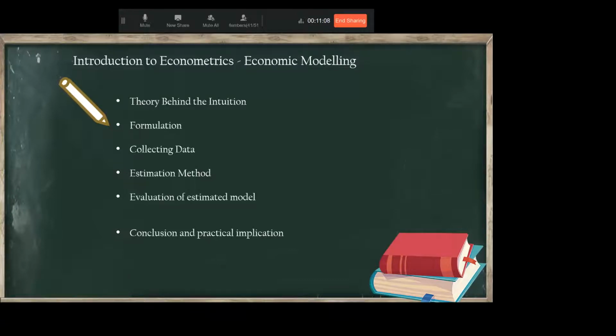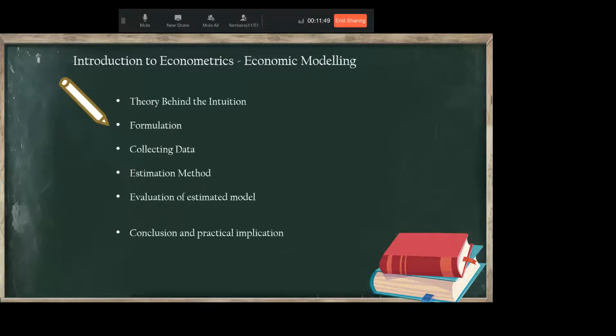So what is modeling? It's not like walking on a ramp. That's also modeling, but here modeling is different. Here modeling means how you get the information, and based on that information, how do you probe, and after probing, how do you identify the problem, and of course then you will go for the solution. So what is the most important thing in modeling is what is the theory, what is the intuition, because you're going to model something which you have already claimed, which is in your mind, right?